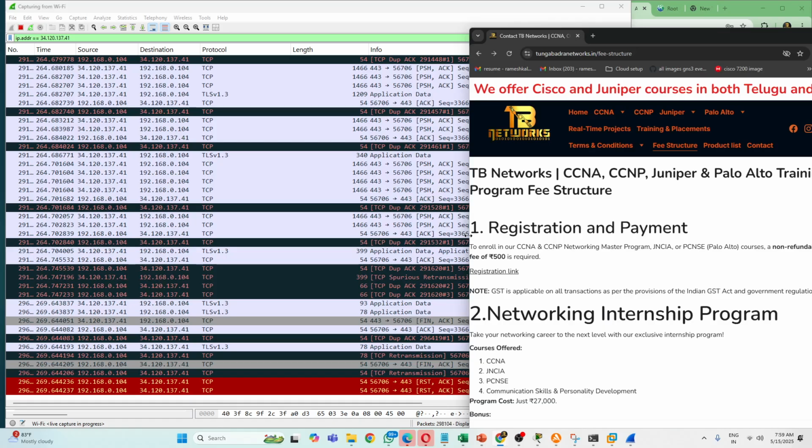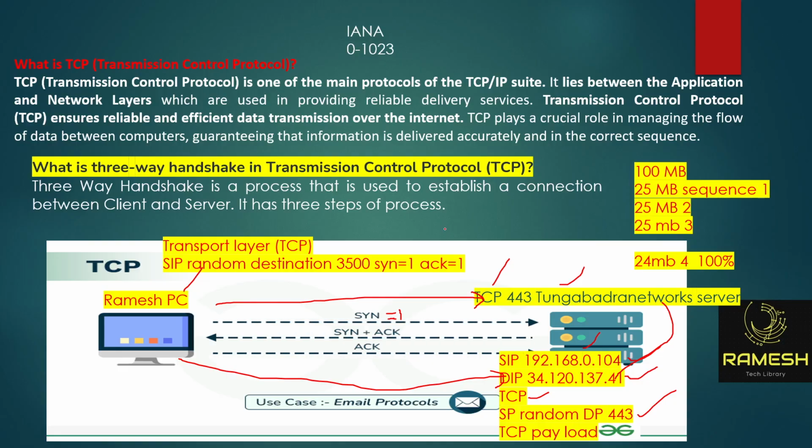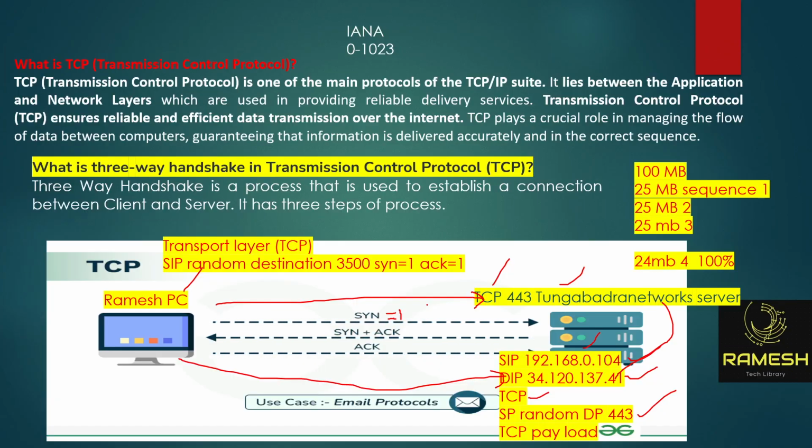Now try to learn what TCP flags are. Now you understood: once the DNS resolution is completed, it uses TCP port number 443. A website can connect through TCP, and after the three-way handshake process you'll come to know the entire process. Once you type www.google.com or tungabhadranetworks.in, what exactly happens? First it will resolve the IP address for the domain name. Once you get the IP address for the server, it will establish a connection with the server and you will access the data.